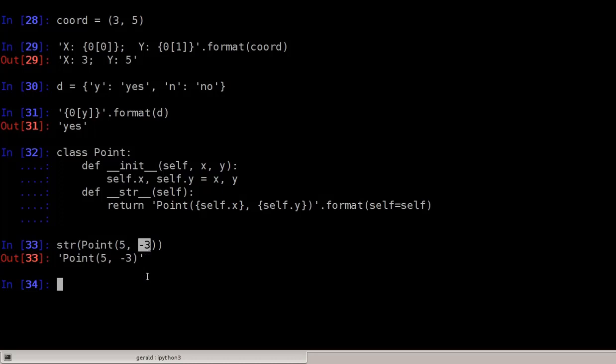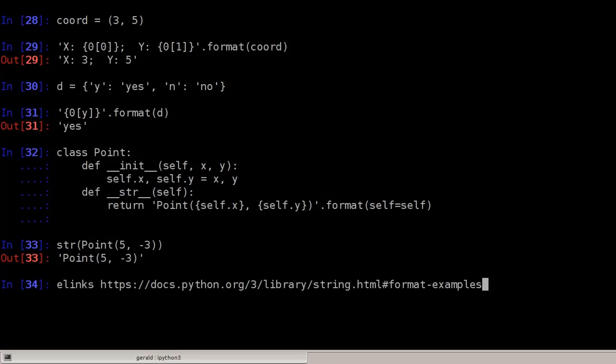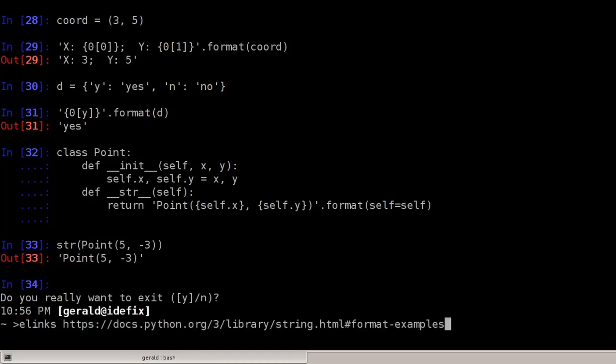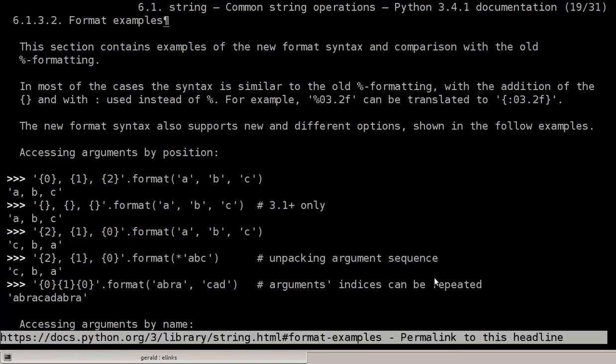Now this is the end of this tutorial, and remember that most of the examples were taken from the official Python documentation, and it's really worth having a look. And I'm going to show you where the examples come from. It's from docs.python.org/3 for Python 3, and then library, string, and so on and so forth. I'm opening this here. I exit IPython, and we'll open this in a small browser. Now here you see just the examples that I entered up there. Have a look at this documentation,